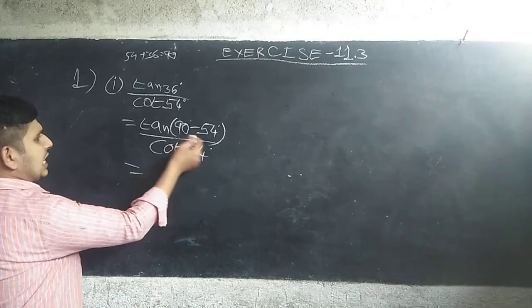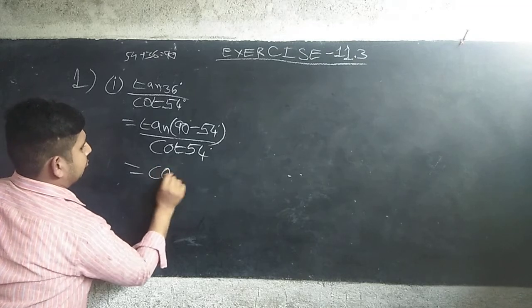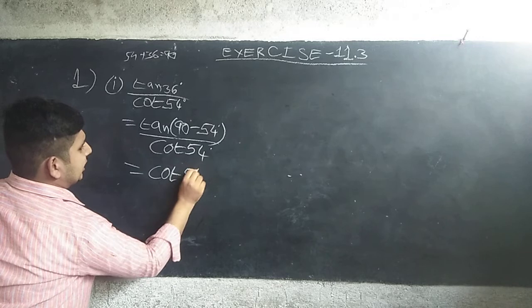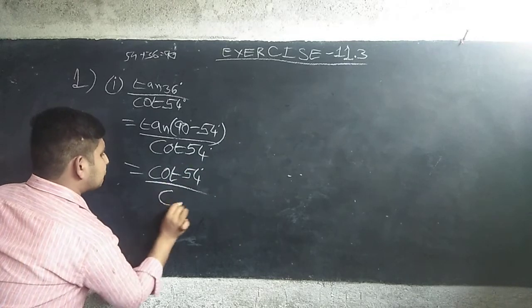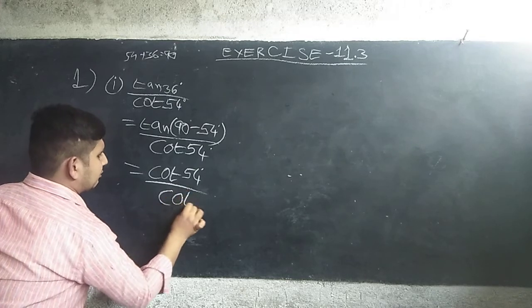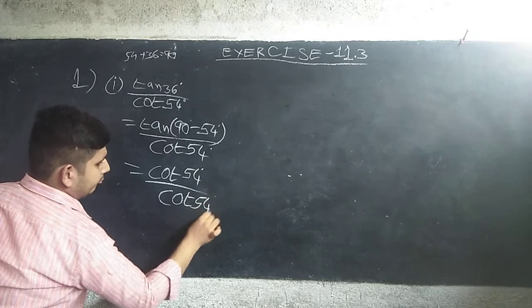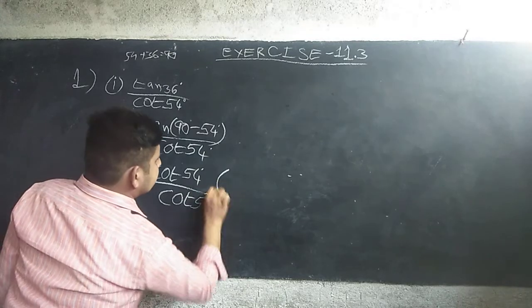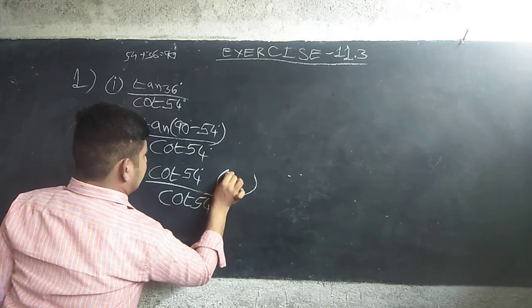So tan 90 minus 54 equals cot 54, by cos 54 degrees. Here we have to write, since tan 90 minus theta